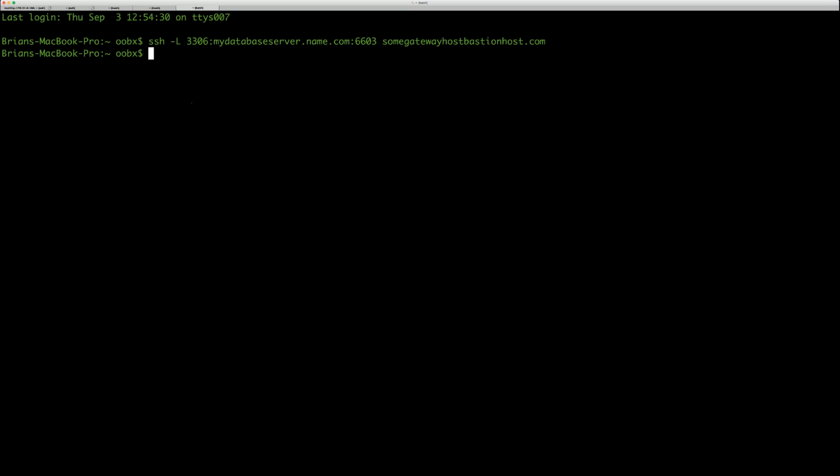But then once that succeeds in connecting, then I could do MySQL -h local. Actually, I may need to do 127.0.0.1 and then port. Well, I'll just be using the default port of 3306, and it'll translate through this gateway bastion host and reach my database server name.com on 6603. And then I may specify my database. Of course, that didn't work. I don't even have MySQL installed. Sorry about that. But it would connect locally through the SSH tunnel out to that remote gateway bastion host